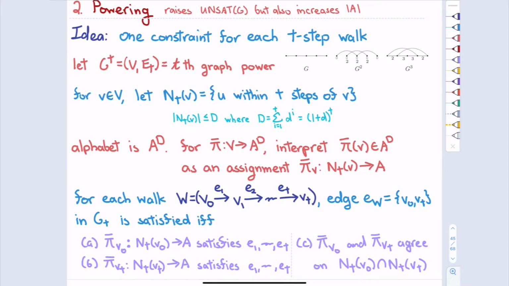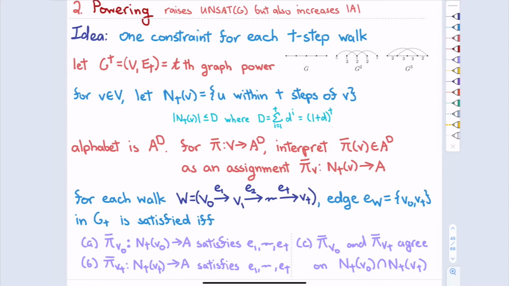If I look at the labels that one endpoint assigns to all the vertices along the walk, that should satisfy all the edges along the walk. All the real edges; the self loops from the lazy part you just skip over and ignore. Same with the other endpoint: its local labeling of all the neighbors should satisfy all the edges in between. And lastly, these two should agree on all the vertices they have in common.